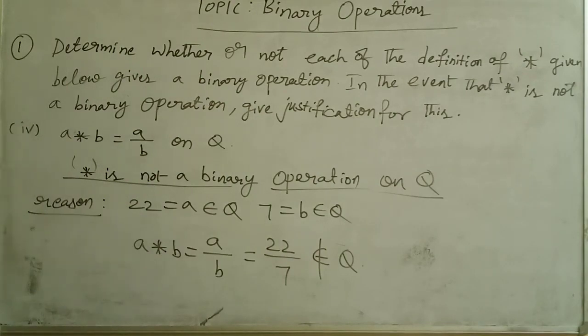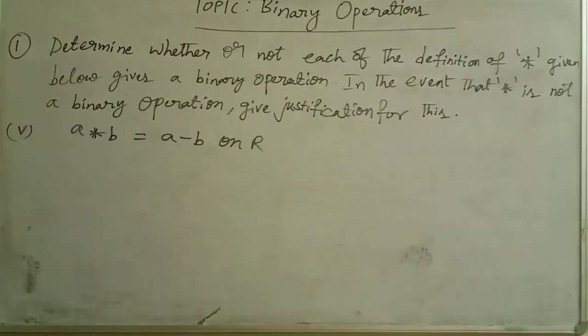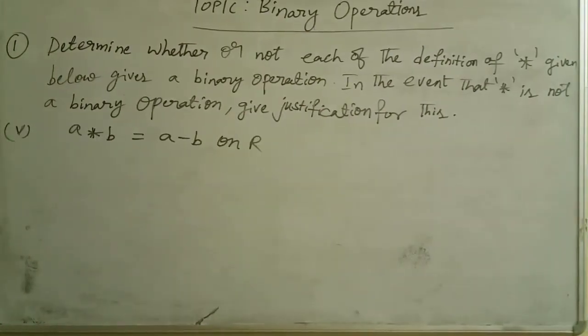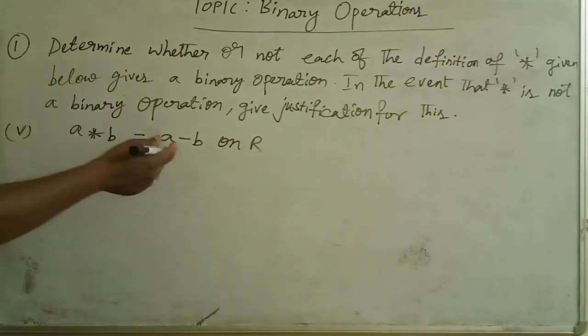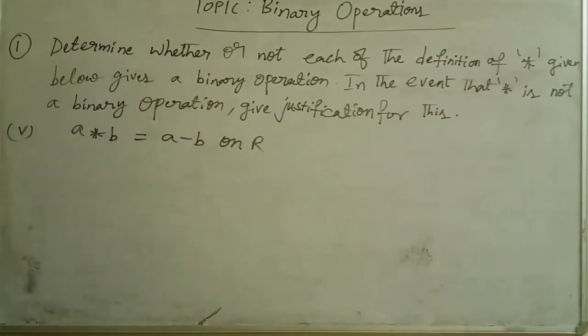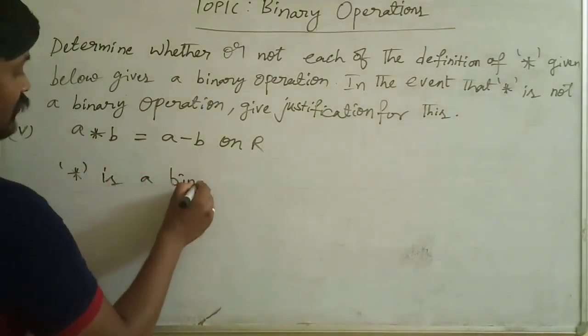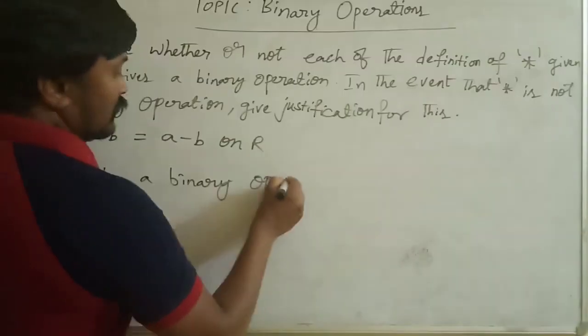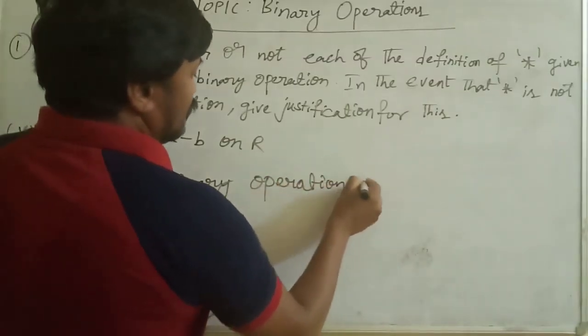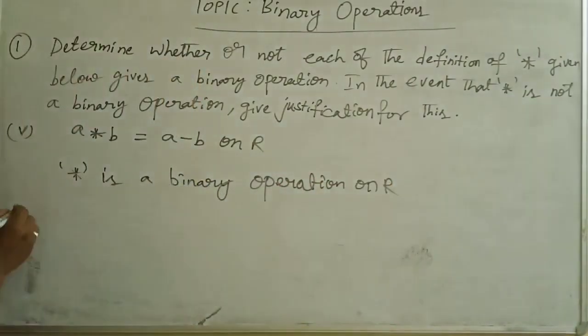See, all the questions are very simple. Let's move on to the last and final question. Alright, let's move on to this fifth problem. A star B is equal to A minus B on R, they have given. By observing itself, you can understand that you take any number A, any number B. When you subtract, you are always going to get a real number. So directly we can write that star is a binary operation on R. So the reason behind this,